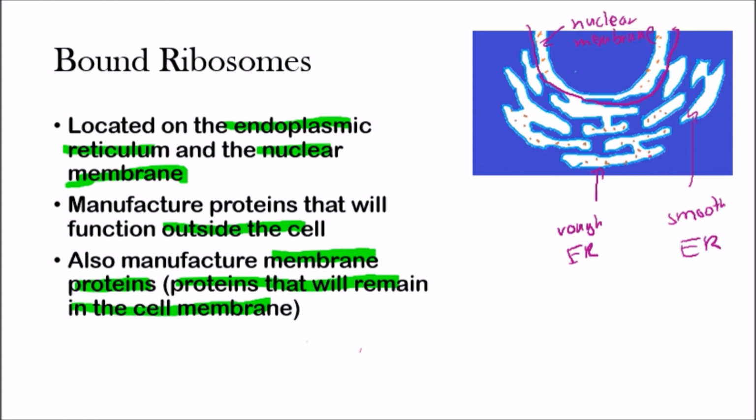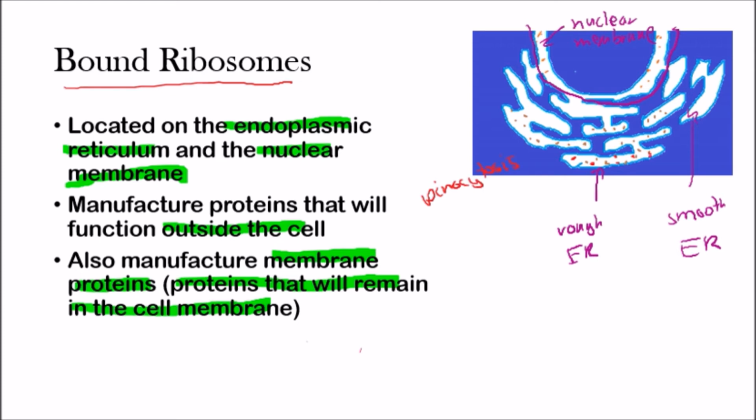So let's just think of it like this. Okay, so we have the rough ER here, and then imagine that they're going to create red proteins, the bound ribosomes. The bound ribosomes on the rough ER are going to create red proteins. So you start to see this formation of red proteins. Okay. Excellent. So what will happen is that all these red proteins, the rough ER will take them and, through pinocytosis,